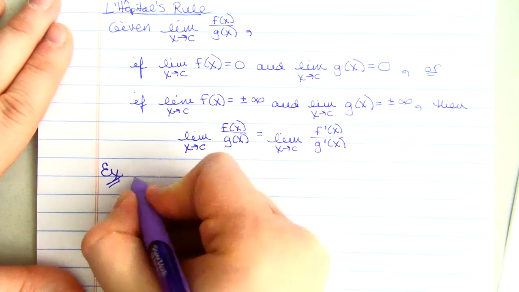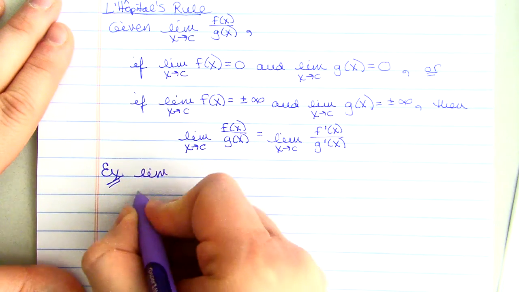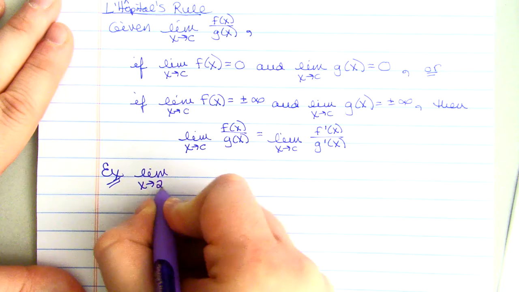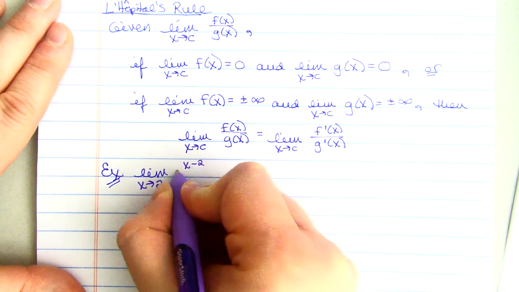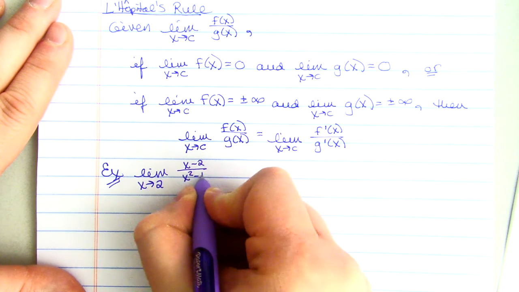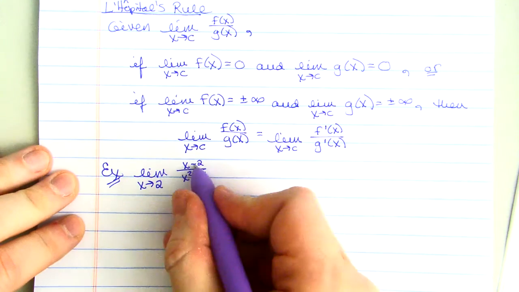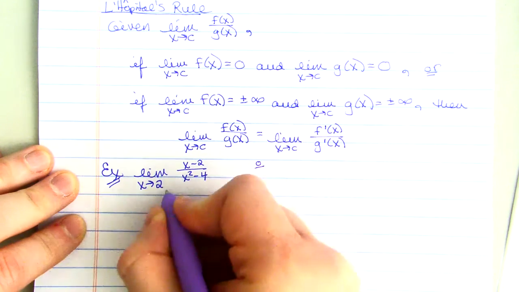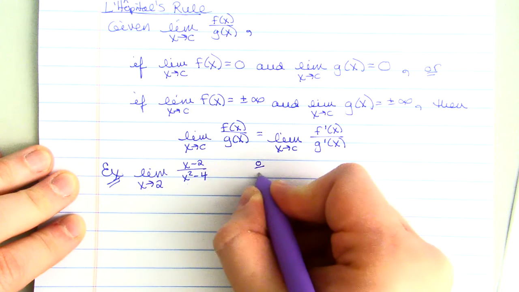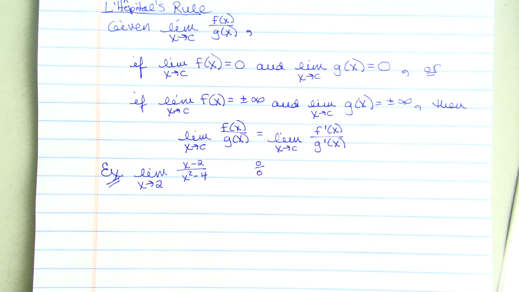First example, I want to do the limit as x approaches 2 of x minus 2 over x squared minus 4. You're going to start this the same way we start any limit problem. You're going to plug in, and when you plug in 2, you get 0, and when you plug in 2 to the bottom, 4 minus 4, you get 0, which means I'm in that indeterminate form that I can use